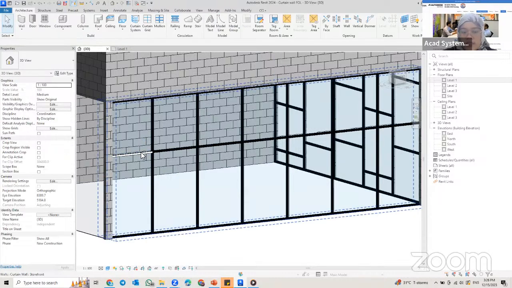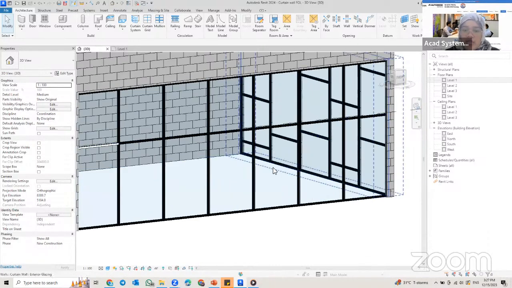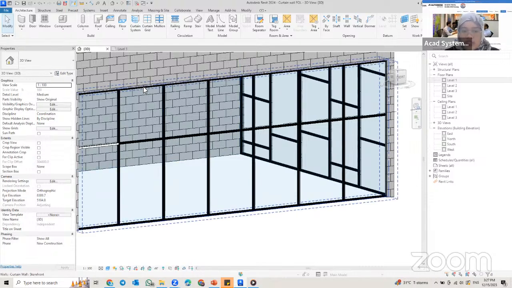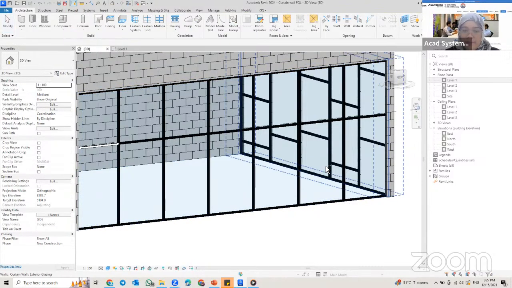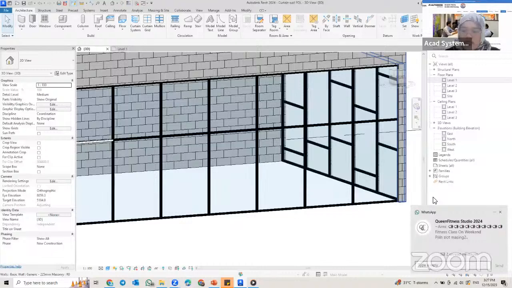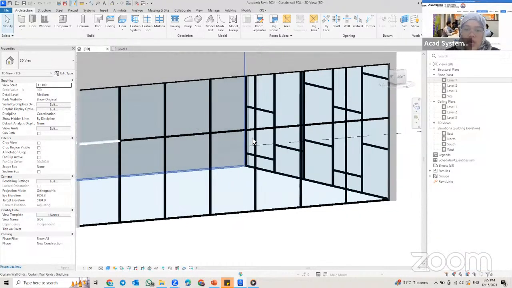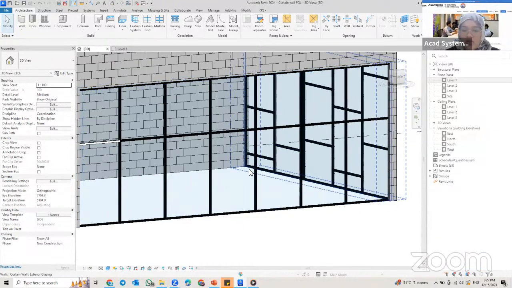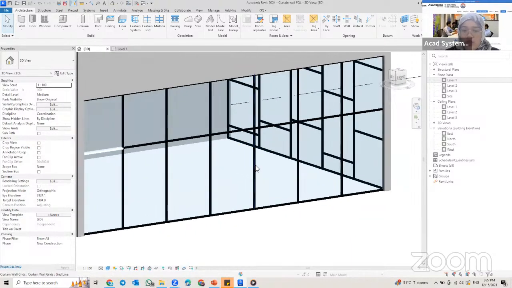So you can see only this frame changing to the different type of mullion that you want to use. Okay, if you want to change it one by one. Okay, so if you want to change everything, all of the frame, you just go to the edit type. And then next, I'm going to show you how we add the doors and also the window